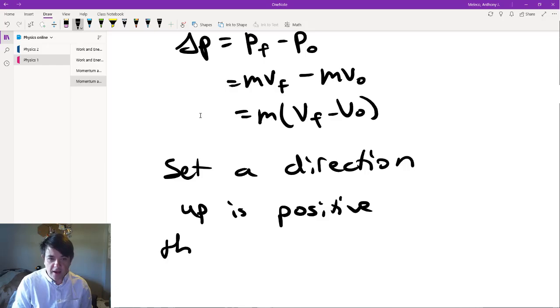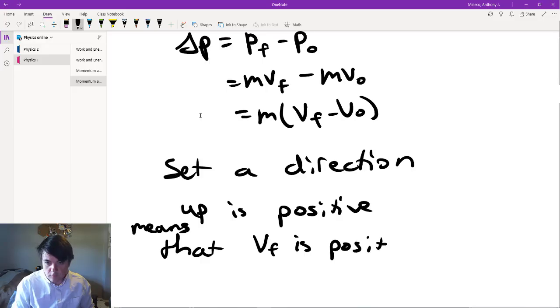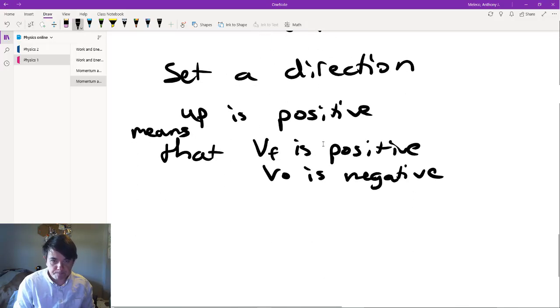This means that V final is positive, V initial is negative. So when we plug these numbers in, now we have 5 kilograms